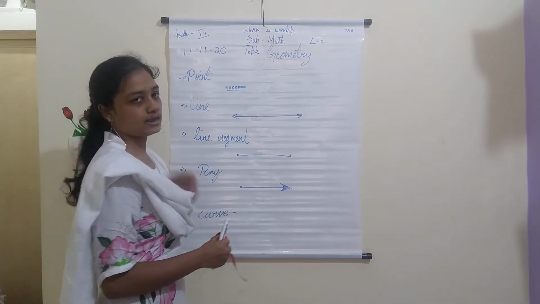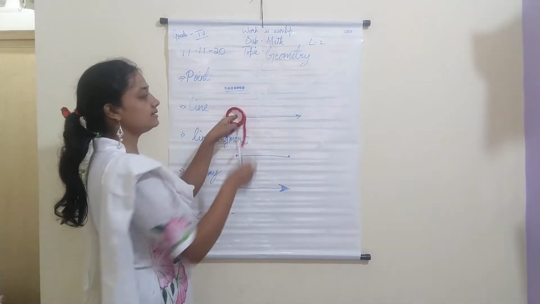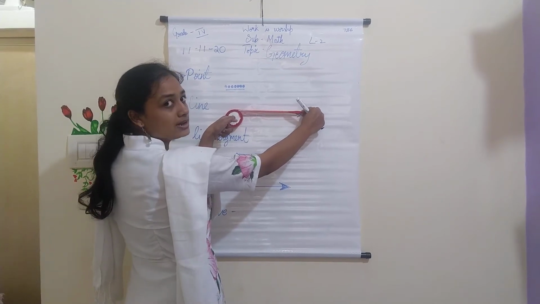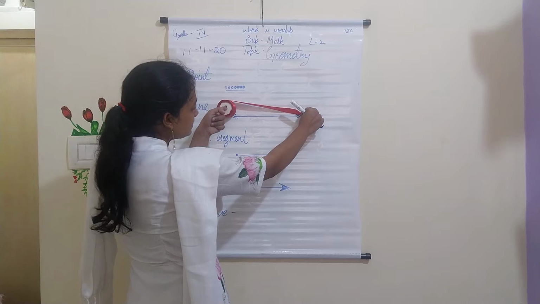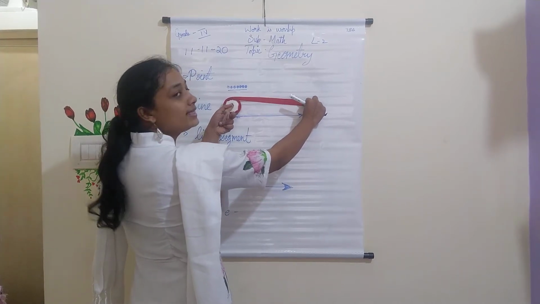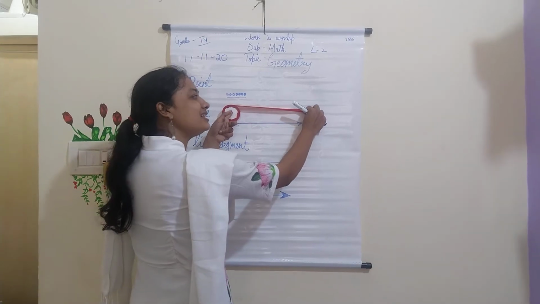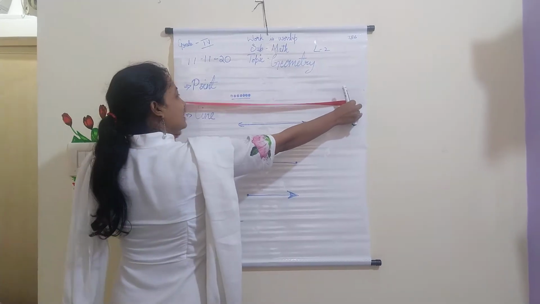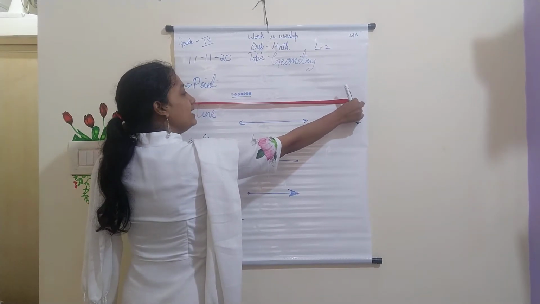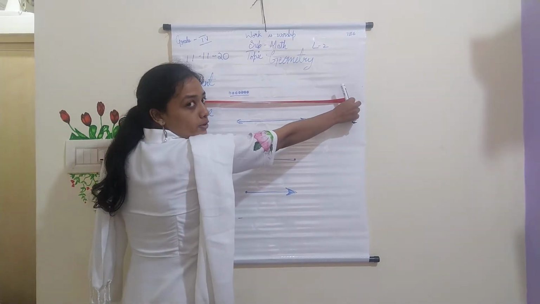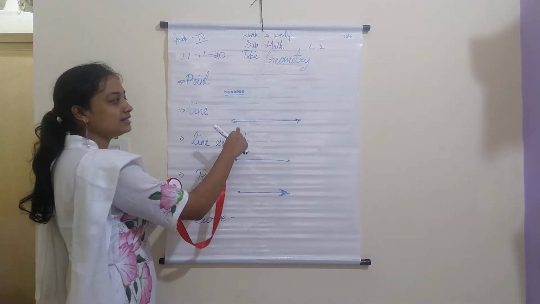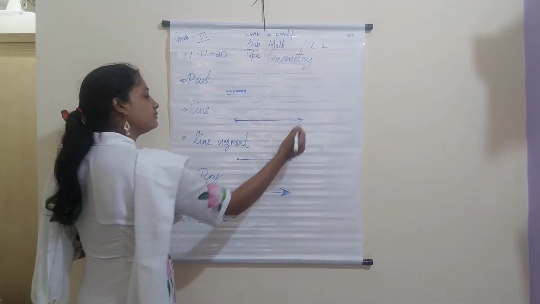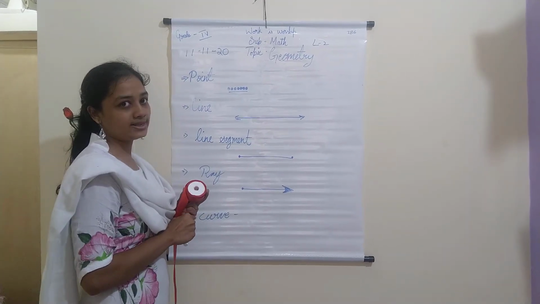Think this is my starting point. Okay, I keep my point here and draw a line. So you can see I have drawn a line. And what this arrow mark represents is that the line doesn't stop here. We can still extend the line this side, or if I want to extend it the other side, I can extend it that side also. That is why you can see an arrow mark on both sides. So a line doesn't stop here. It keeps on extending on both sides. That is why you have an arrow mark on both sides.